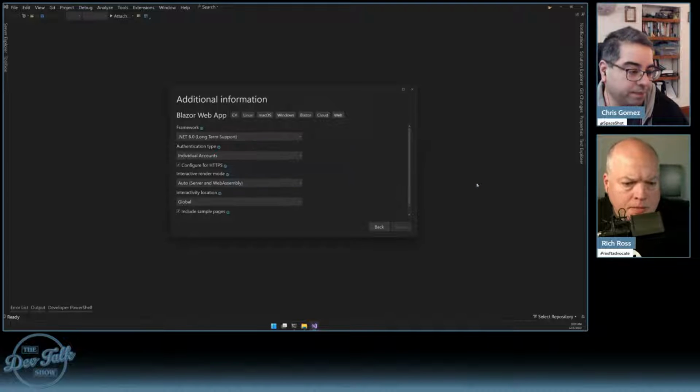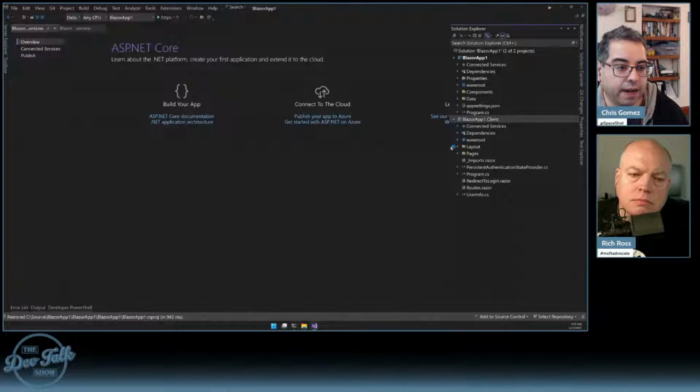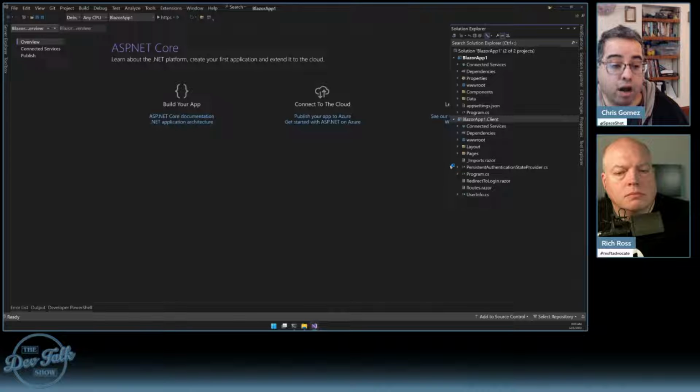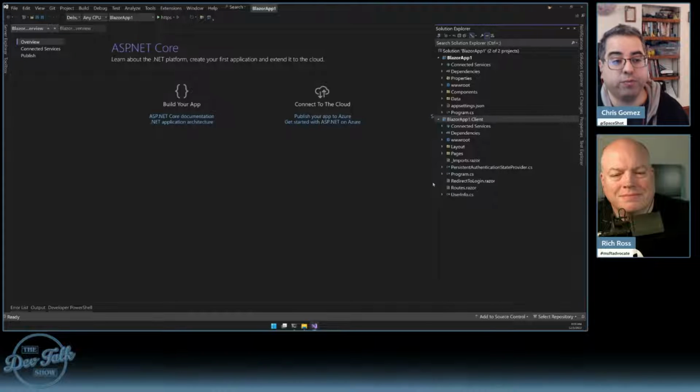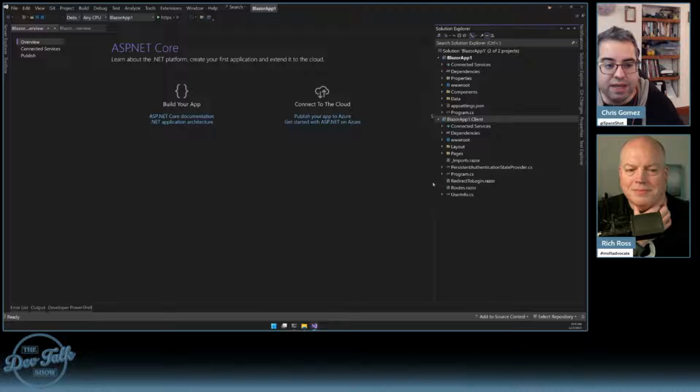So it's going to create. And then you get a Solution Explorer. And here is what the world looks like if you choose interactive auto mode. This is what was called, for a little while, Blazor United. I don't want to call it a code name, but it was what they were trying to get across, the idea that